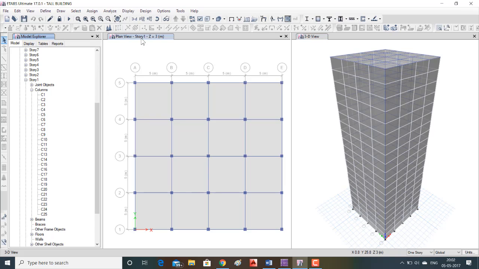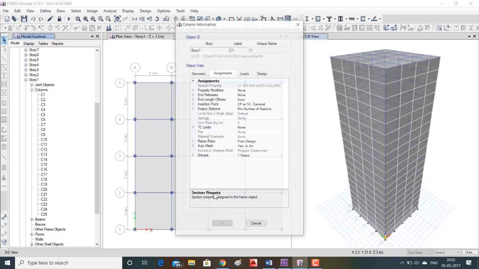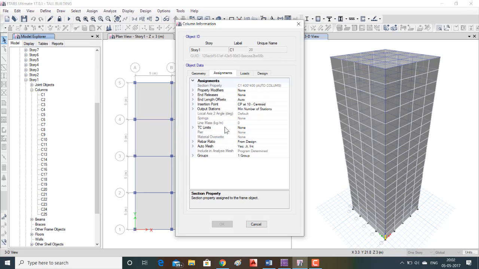You can see column 1. When I click column 1, column C1 property will appear, which is 400 into 400 mm. You can see here in 3D view, the blinking of yellow color will represent the C1 column.